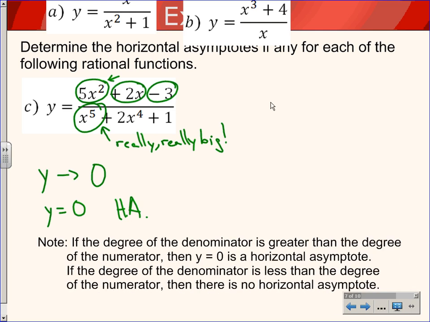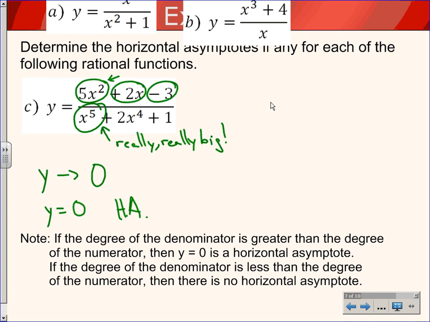Here's our note, and this helps us summarize what's going on here. It says if the degree of the denominator is greater than the degree of the numerator, and that's what we see in this example, right? The degree of the denominator is 5, the degree of the numerator is 2. If that happens, then the top gets big, the bottom gets bigger, so we end up with a horizontal asymptote of y equals 0. If we have things the other way around, like example B there, if the degree of the numerator is larger than the degree of the denominator, then there is no horizontal asymptote at all. We still have to wonder if we're going up to positive infinity or down to negative infinity, but there isn't an asymptote there. Okay,